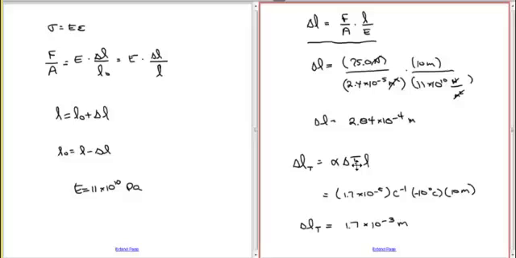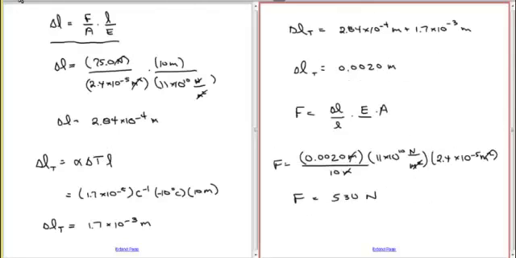So I found an increase in length associated with the tension of 75 newtons. Then I'm stretching that. So now I'm cooling it down so it wants to contract, so I have to pull harder to keep it from getting shorter. And I find the length that it would normally contract if it isn't restrained, to be 1.7 times 10 to the minus 3 meters. So the total amount